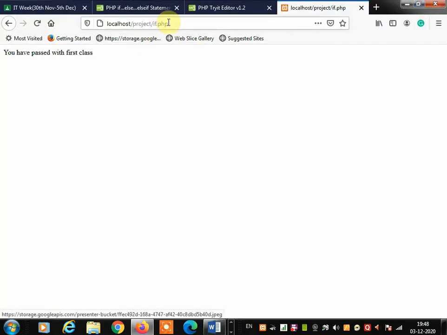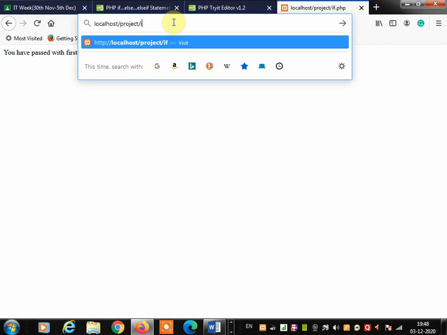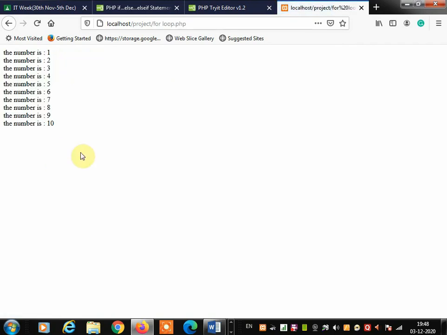browser. Type localhost here, press the enter key and select for loop. Now check it. The number is 1, 2, 3, 4, 5, 6, 7, 8, 9, 10. This is a looping statement continuously. Once the control reaches the proper number, it will stop. Loops are used to execute the same block of code repeatedly as long as a certain condition is satisfied. The condition is satisfied over here, that's why the loop stops here. Otherwise the loop will be continuous.